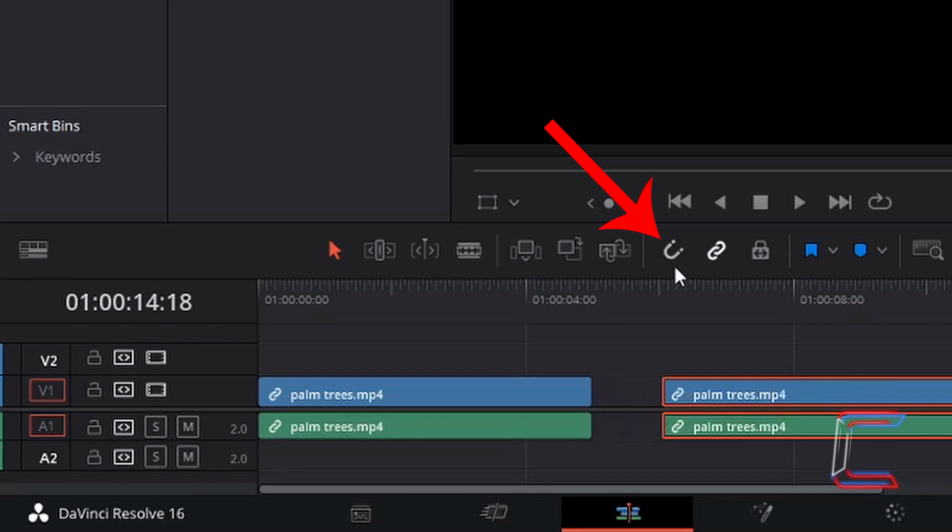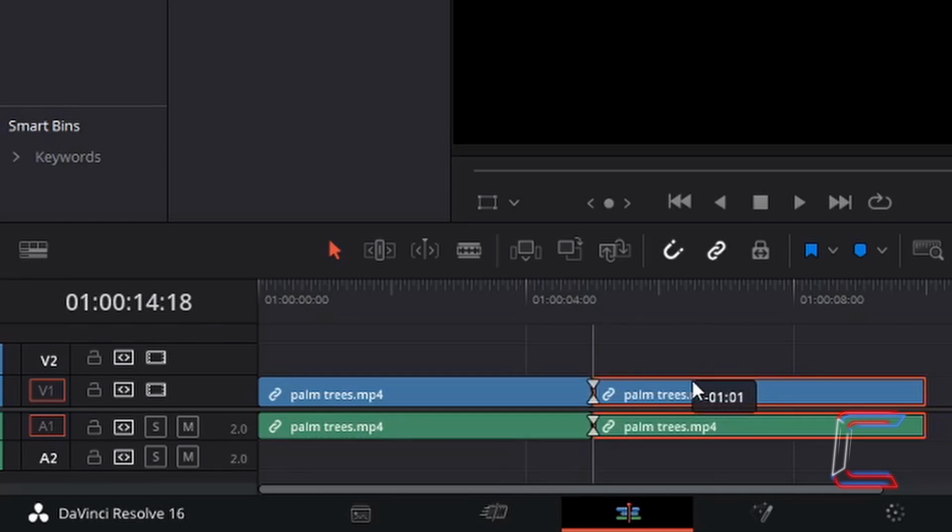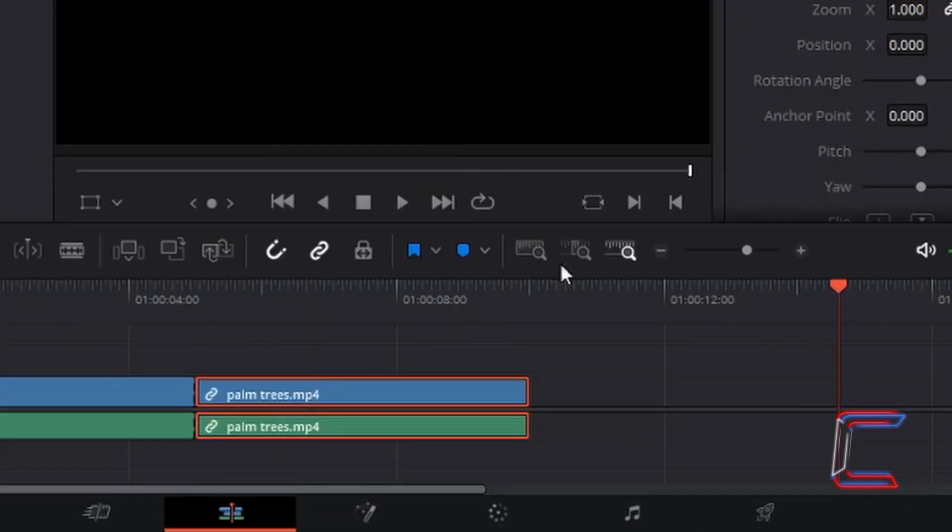However, if I go to activate my snapping tool, left click once, or use N on your keyboard as a shortcut, and drag the second edit towards the first edit once more, we can see that the second edit makes a jump towards the first edit to make a connection, once in close proximity. If I let go of my left mouse button now,